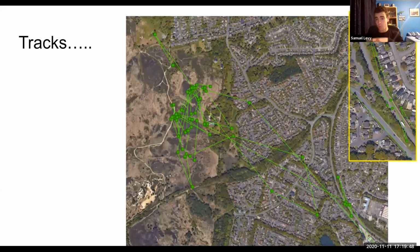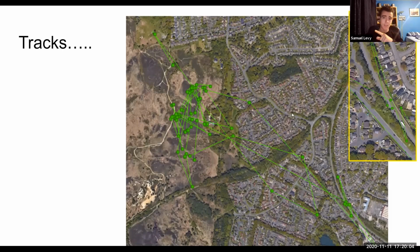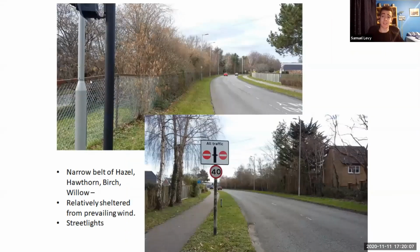So actually, just whilst we're on this slide, if you have a look at the bottom right-hand corner of the map, I don't know if you can see my mouse moving, but where my mouse is, there is in fact a cluster, and that cluster is shown on the right-hand side there, and that cluster is in this location. So this here is the Broadstone Way, and it's a main road. So what is a nightjar doing on a main road at night? Well, it's quite an interesting question, to be honest, and we were trying to figure it out ourselves. But we eventually came to the conclusion that this narrow belt of heathland along the left-hand side of the road here